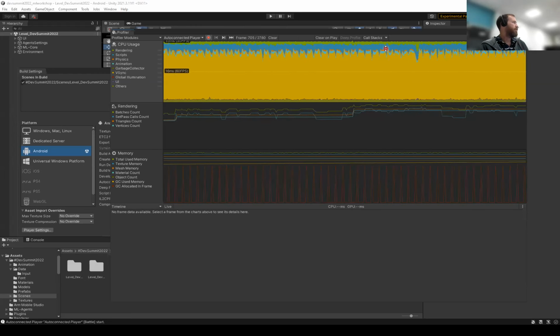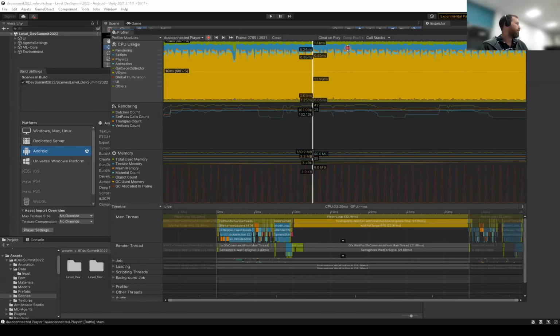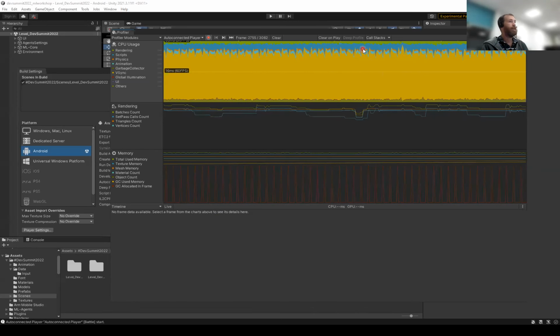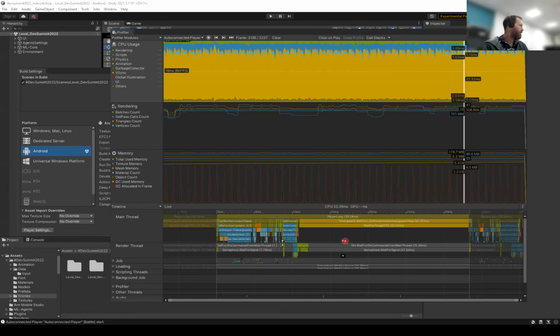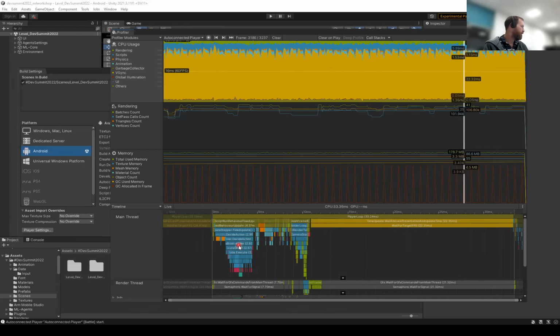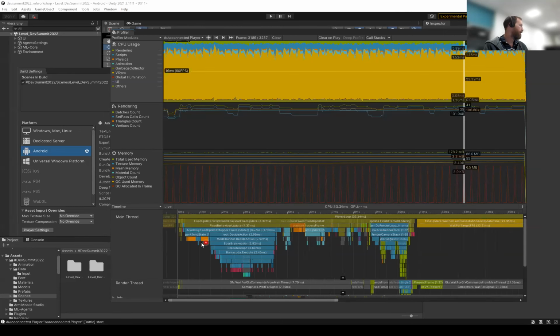Yes, so these jagged teeth are every 5th frame because we've asked it to go every 5th frame. So it runs a neural network and it takes a longer time, unsurprisingly. And actually, let's stop that because it's too hard to stay on a frame. If I get that and zoom that down there, then we can zoom into here and we see exactly the thing we saw before. So here's our rendering, here's our physics, and here's our